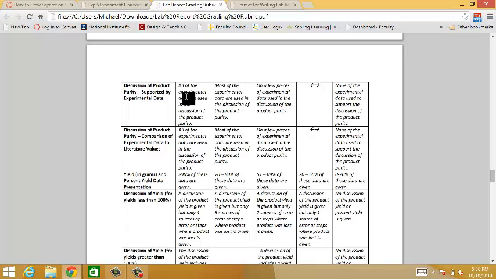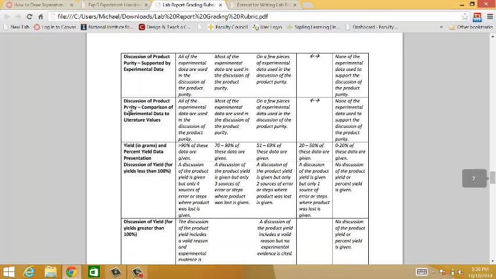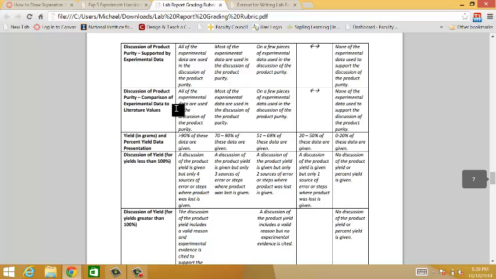Or my melting point was 50 to 51 degrees, and my literature melting point is 100 to 102. So when I say discussion of product purity, what I mean is you're laying out the product purity, but then you include the experimental data as a comparison. Then as far as the purity, comparison of the experimental data to the literature values. So you should make a comparison there